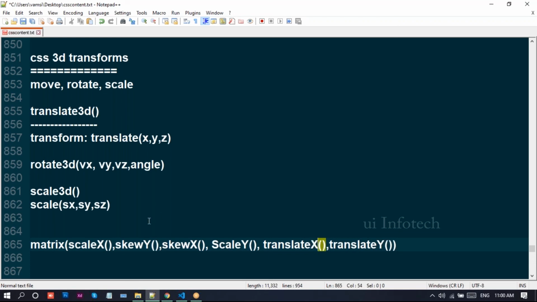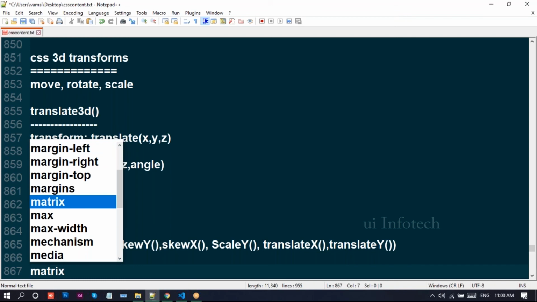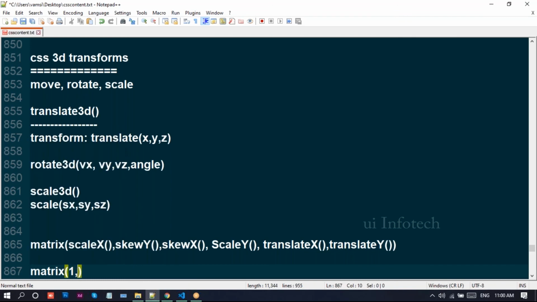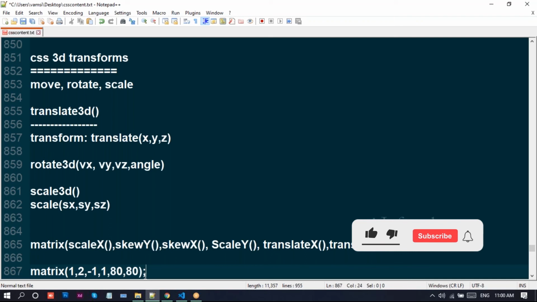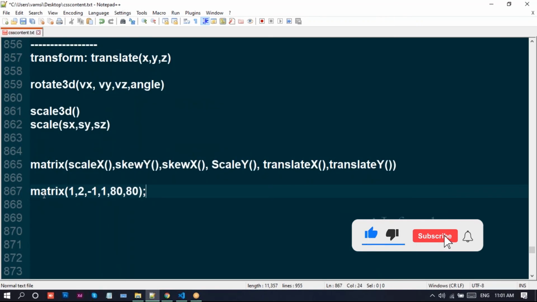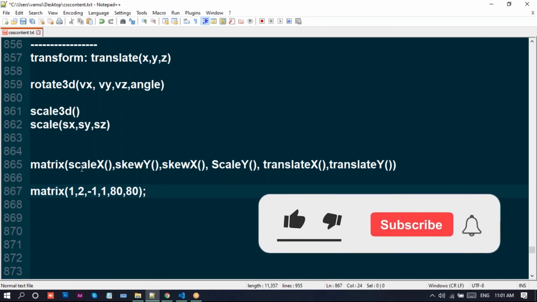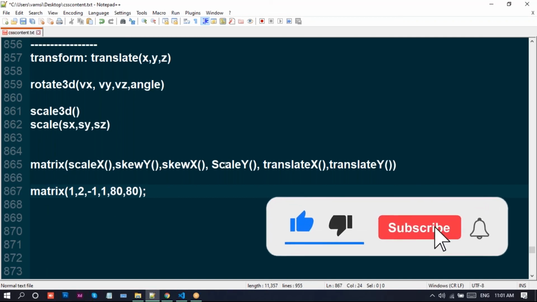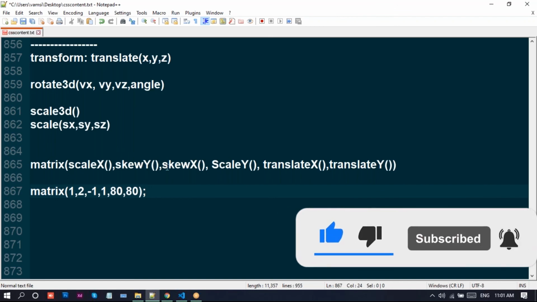So that you can practice here. You can enter any values in the matrix function like this. We can apply matrix values like 1 comma 2 comma minus 1 comma 1 comma 80 comma 80. See, like this. We just apply this directly to the element itself, and it will be turned into the output. The matrix can be calculated like this: scale x, scale y,